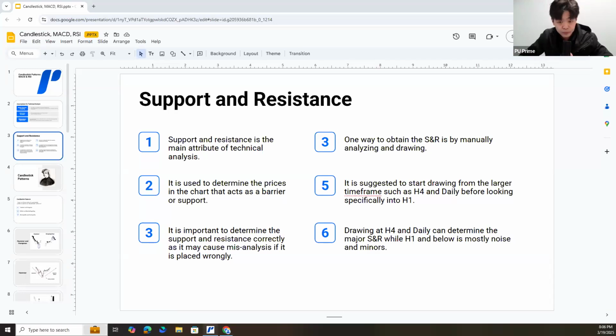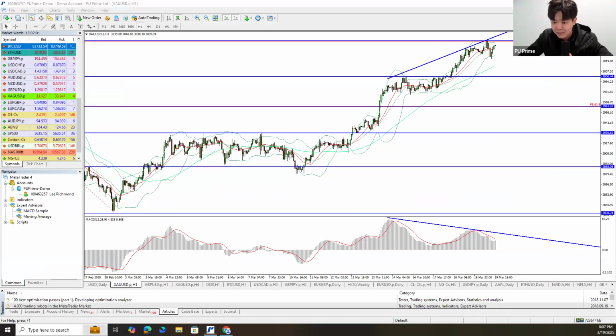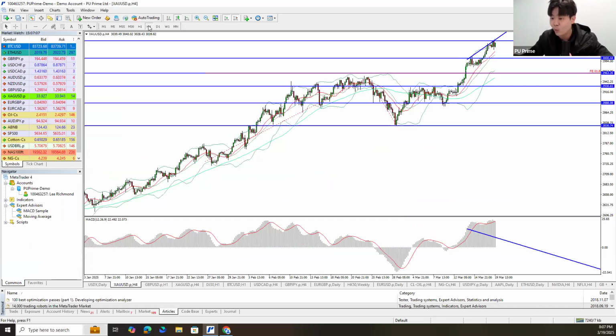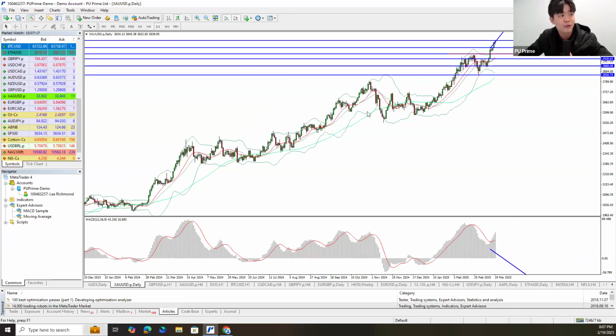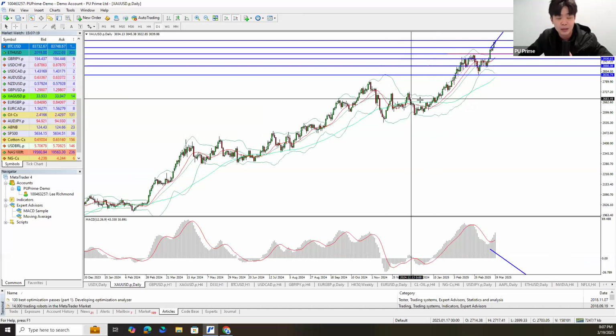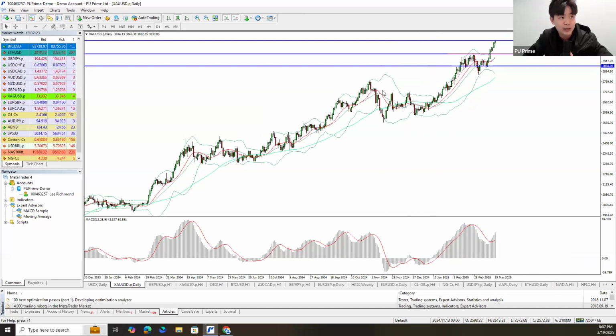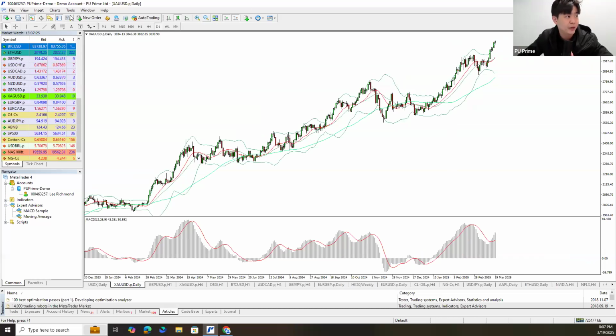So support and resistance levels will normally give you a brief understanding of what global investors think, whether they think this is a very expensive price, or a very cheap price to enter. By using the support and resistance levels, we can try to understand some of the potential trends for gold. So if I'm going to draw all of the support and resistance levels for gold, you can notice from historical movement